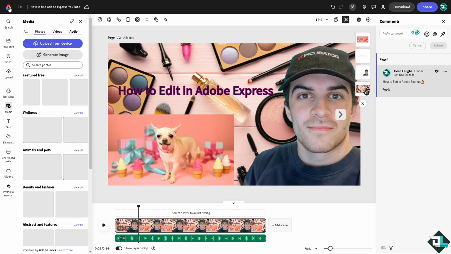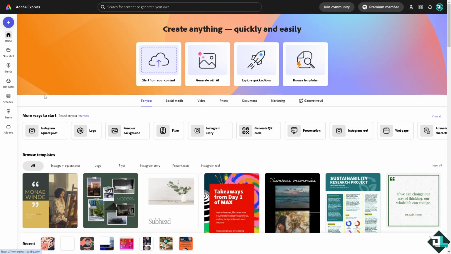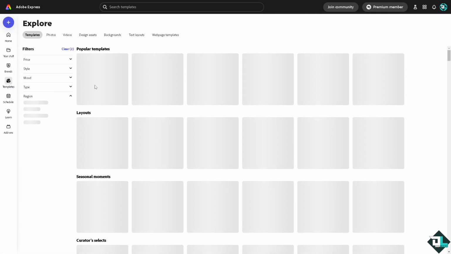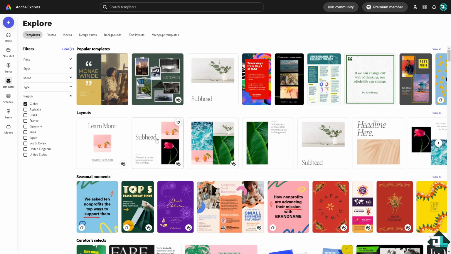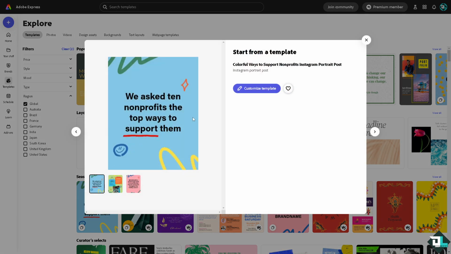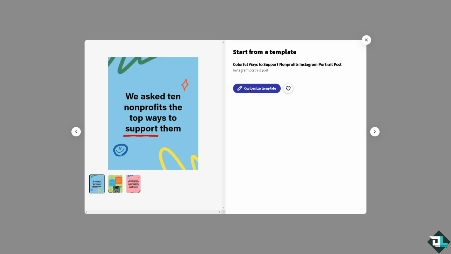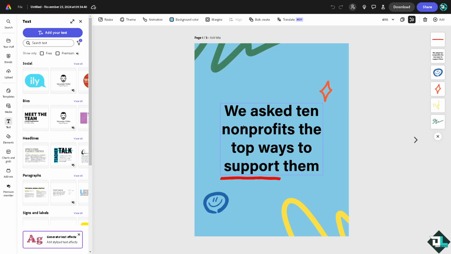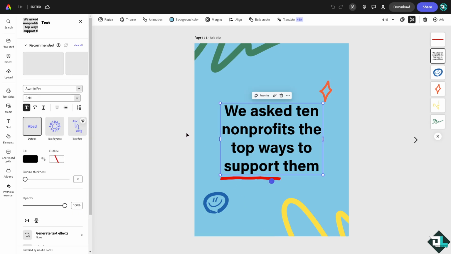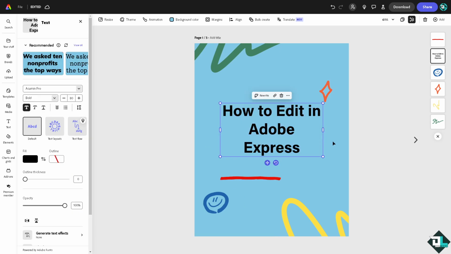You can also go to the home page, wherein if you go to the template section, say for example, you're starting with a popular template. If you want to edit a template that you like, for example, this one, all I have to do is click this pencil icon that says customize template. What will happen is you would have an option to edit all the elements that have been here. You see that? And from here, you can edit all the elements here, put in all the media. You see the title has been edited. So basically, that's how you edit